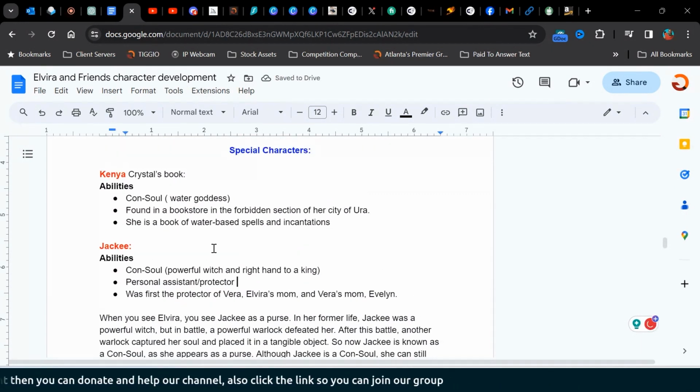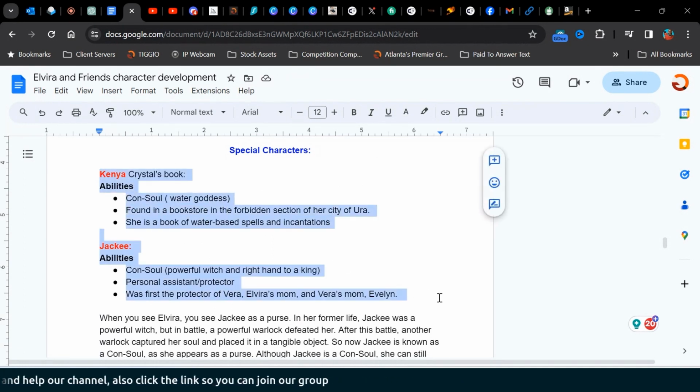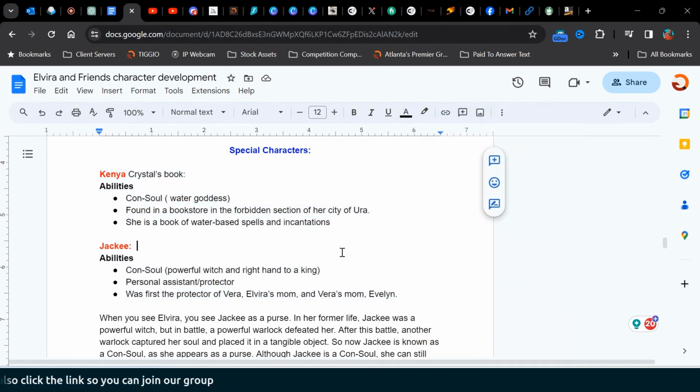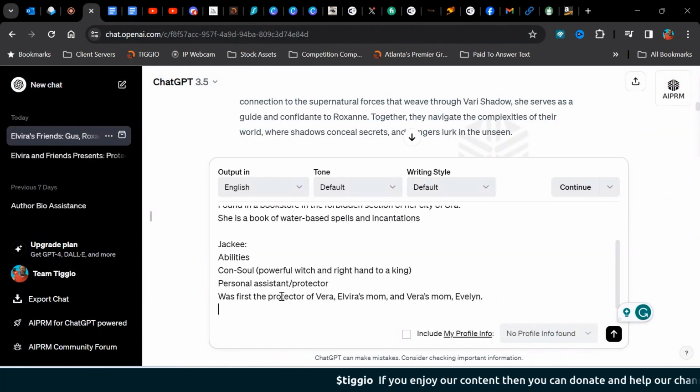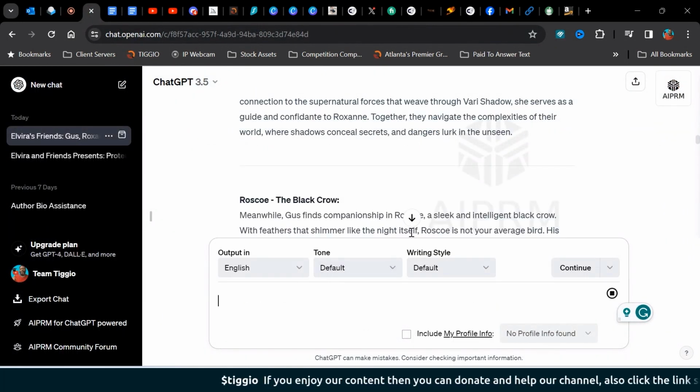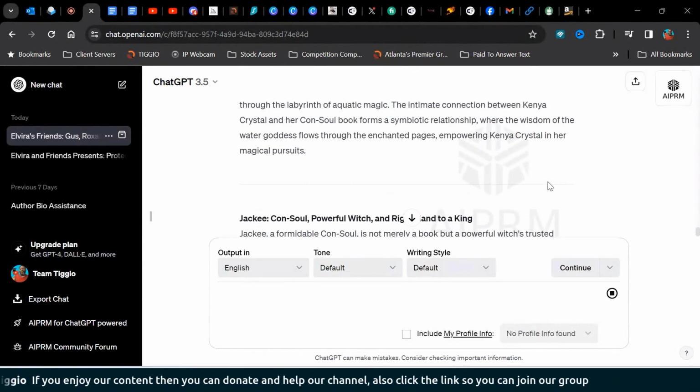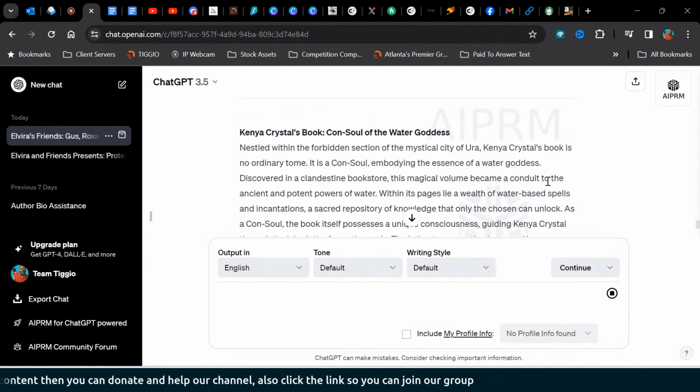All right. So let's write these two here. These are both consoles, which is Kenya, which is a magical book, and Jackie, which is a personal assistant of Elvira. So both of these characters will be consoles and they will appear in the chapter. All right. So when you see here,